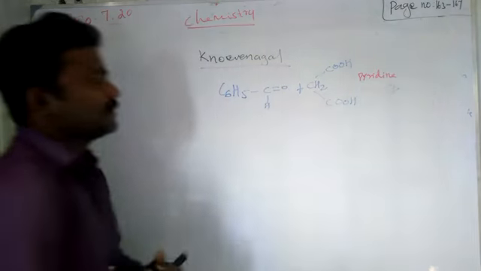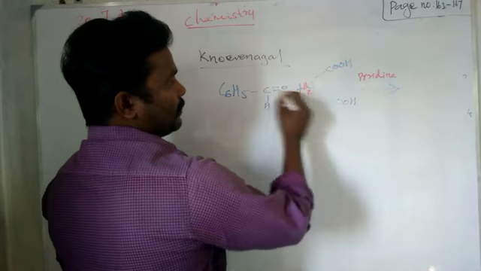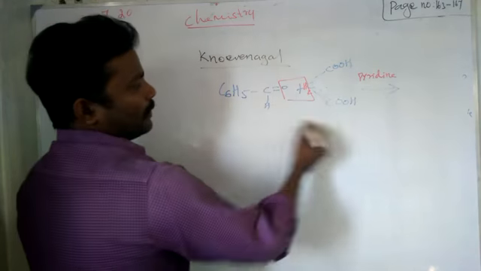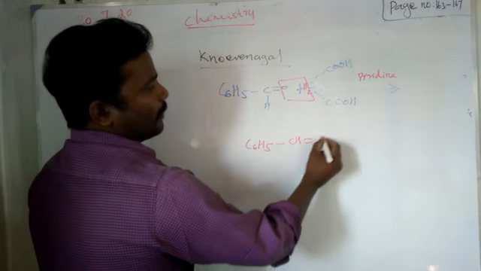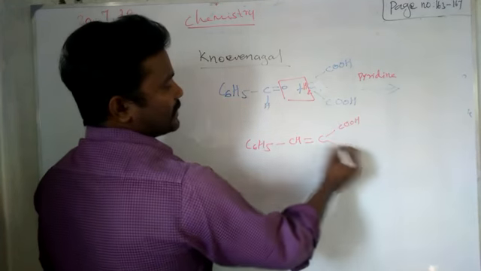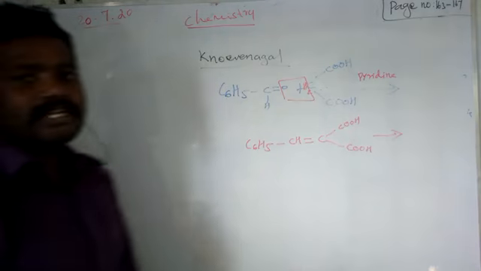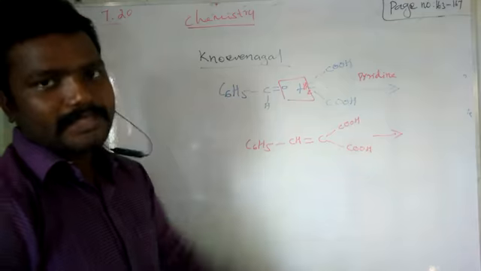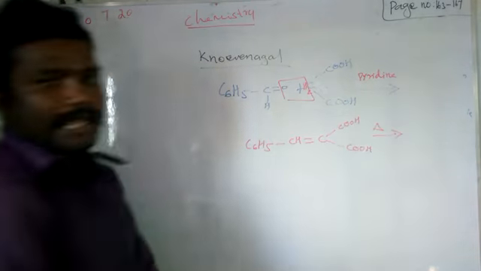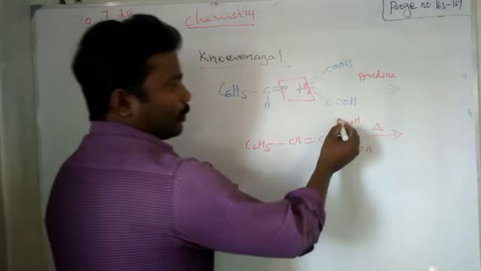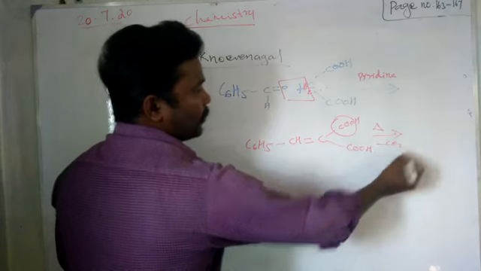Pyridine as a catalyst. So what type of reaction will take place? This CH2, you can write on this side to remove water. So the next product, the intermediate, is C6H5 CH double bond C COOH and then COOH. This is a dicarboxylic acid. So 2 carboxylic acids present, so we can say dicarboxylic acid. On heating, CO2 gas will go, right? So you can remove any one side as CO2. Minus CO2, CO2 gas is removed.